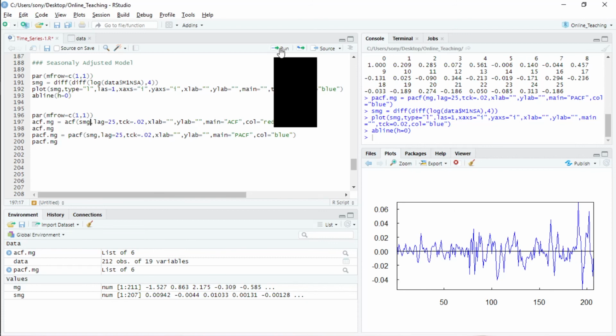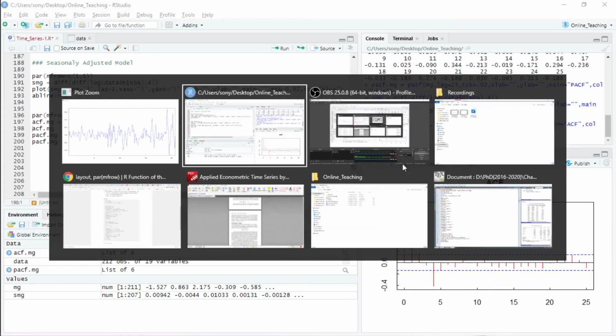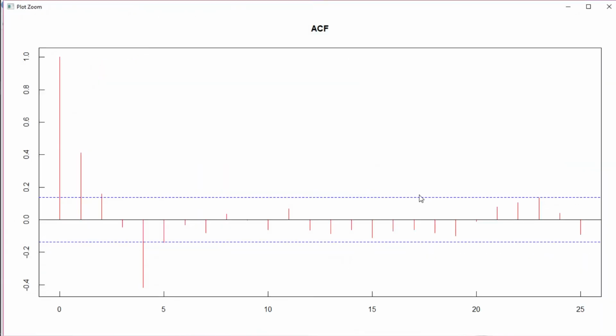If I do that, you can see that this is an AR4 process,